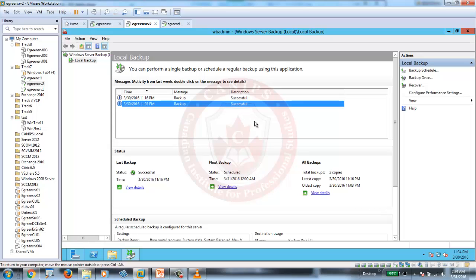In the next video, I'm going to show you how to recover files or how to recover Active Directory, and also how to work with